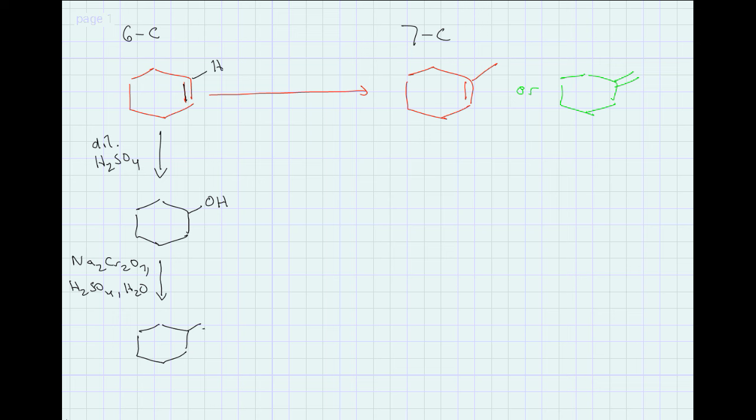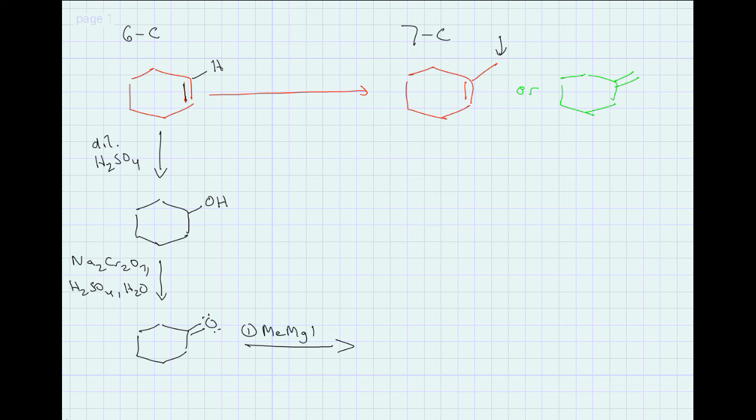So what this does is it makes chromic acid, and it will convert this secondary alcohol into a ketone. Now you have a ketone, and this is something that you could use to react with a Grignard reagent. So we only need to add 1 carbon, so 1 methyl group. So if we treat this with methyl